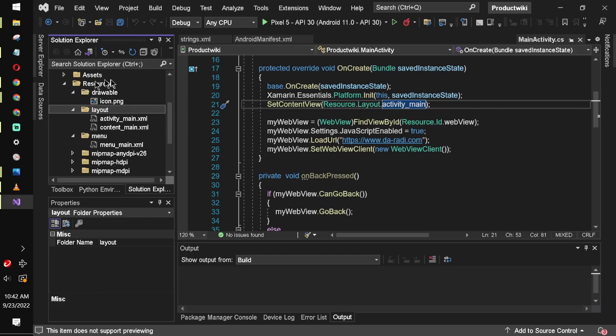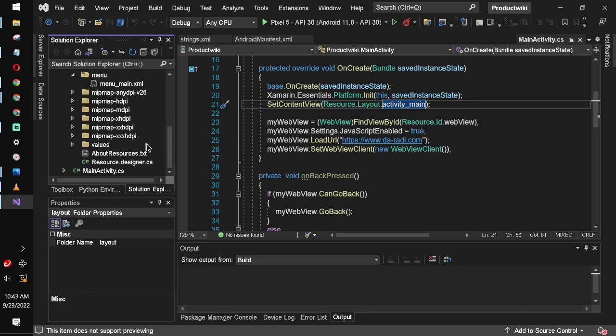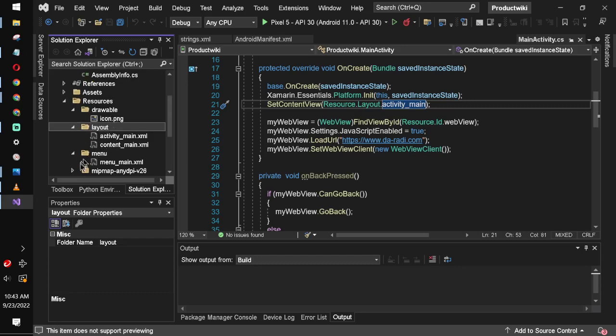It's under resources. All these are resources. What I just showed you, like all the icons, the values we had, the menus, everything like that is a resource. So